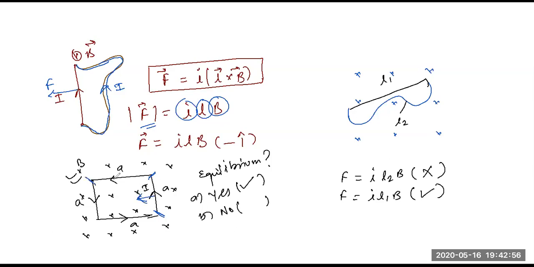If I'll take this segment here, then current is in minus I cap direction, magnetic field is minus k cap direction and force will be something like this. Right? You can apply your method which you apply. Current is in downward direction. Magnetic field is in inward direction. If you'll apply, then you'll get force like this. And here similarly you'll get a force like this. Now you can see everywhere the force is equal and opposite, right? Because sides are equal, current is equal, magnetic field is equal, right? So everything is equal and they are opposite in direction. So net force is 0. There is no problem, right?